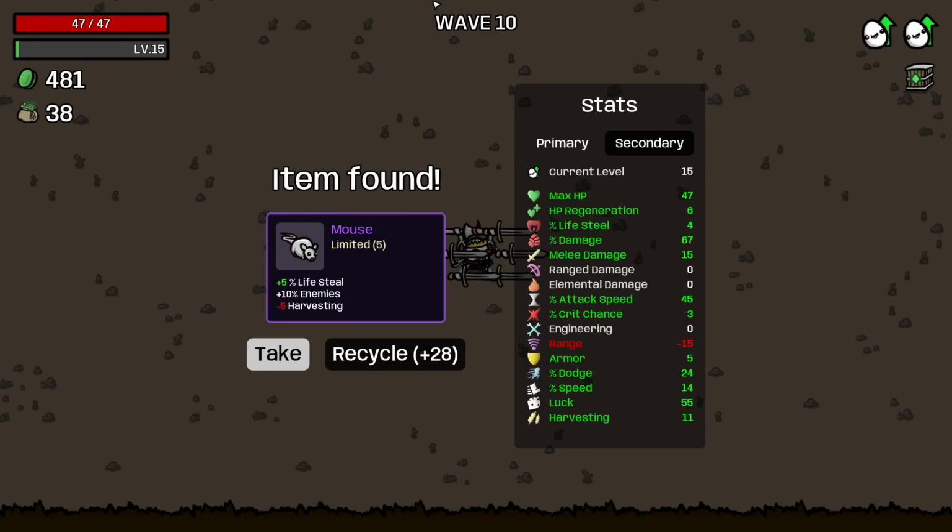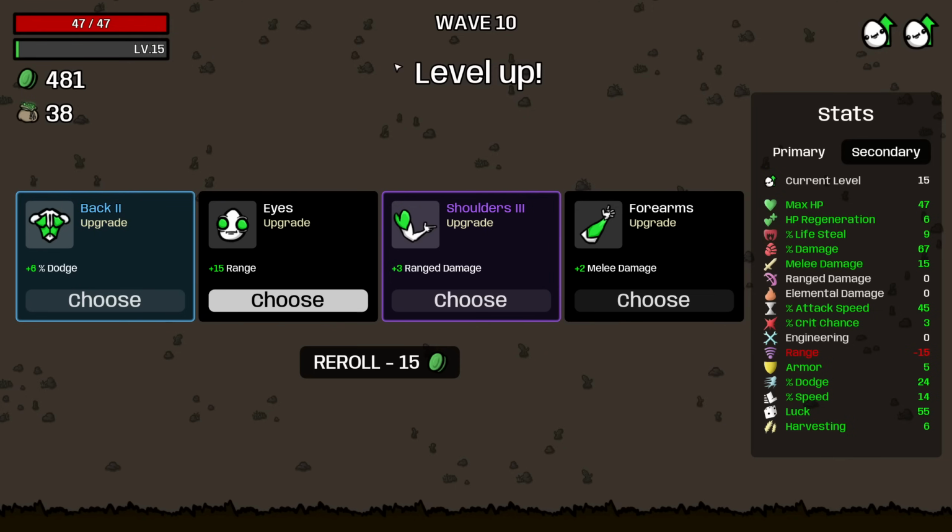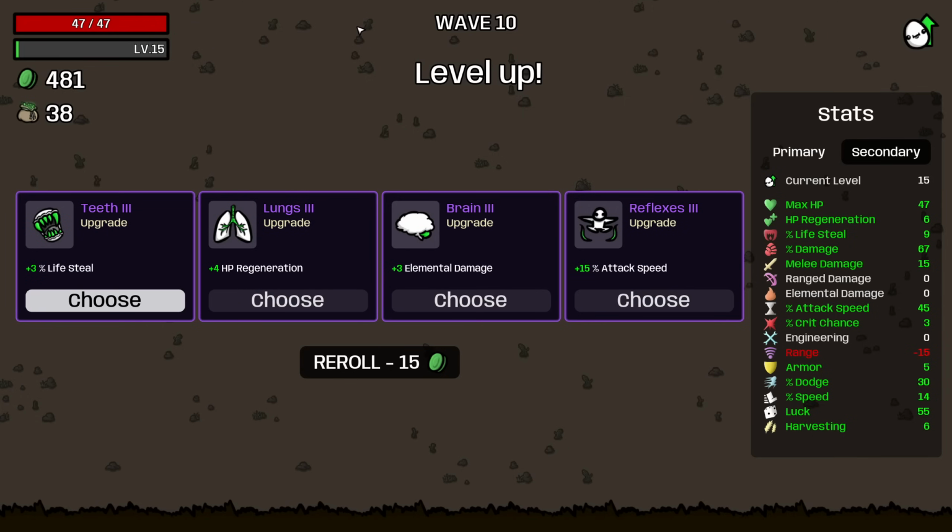Oh, another tentacle. That's nice. And mouse. This is one of the best things we could have found. This actually boosts our lifesteal to a reasonable value, and more enemies is great. And here, I might just take more dodge. I want HP, but I'm just going to take the dodge and then...